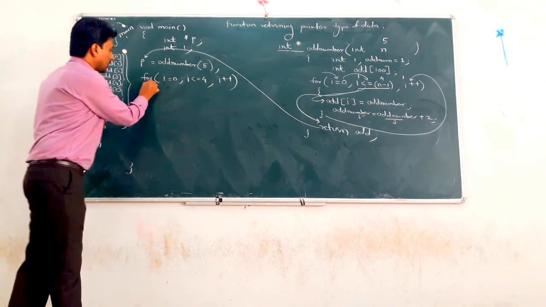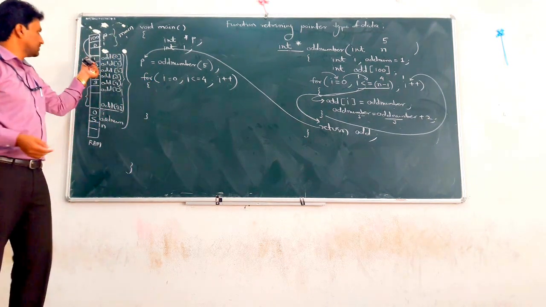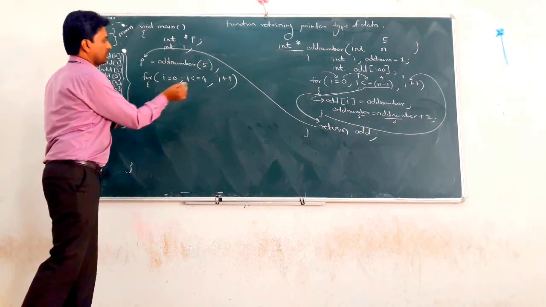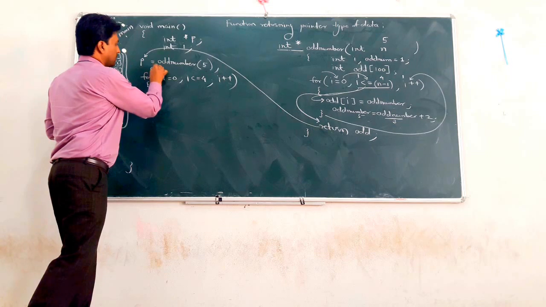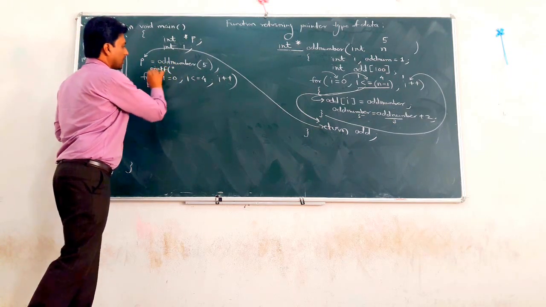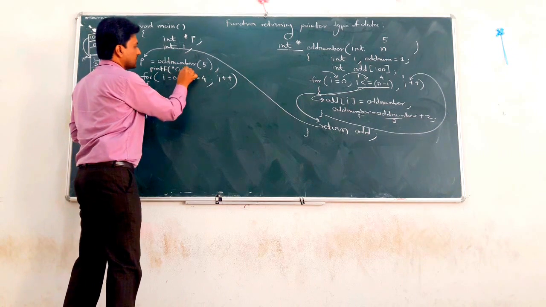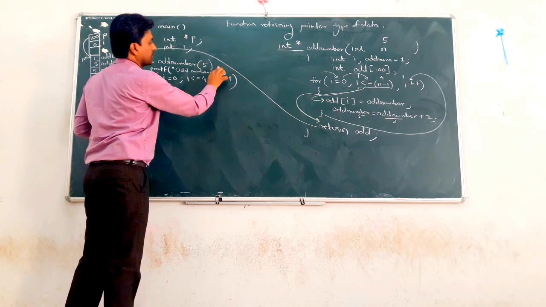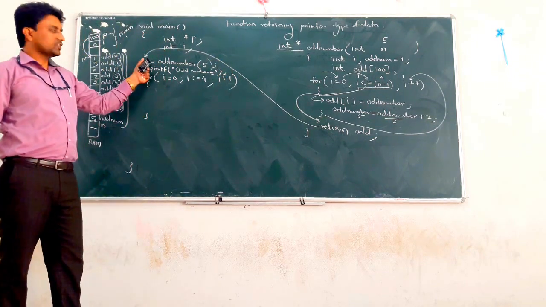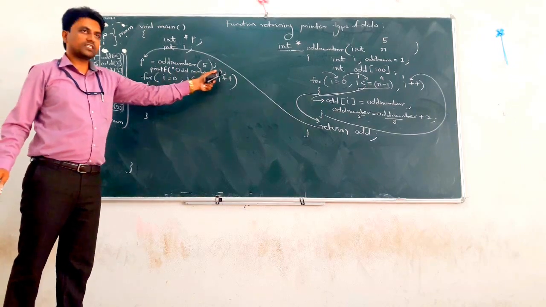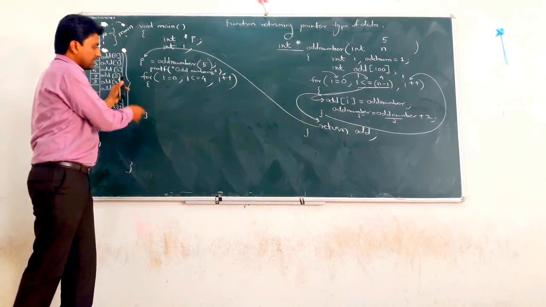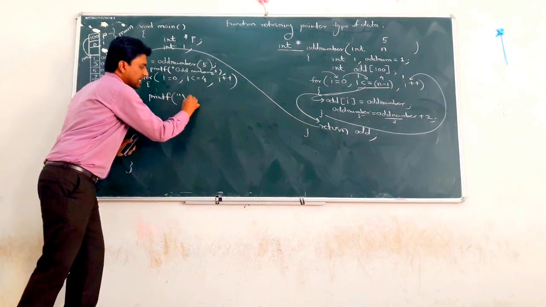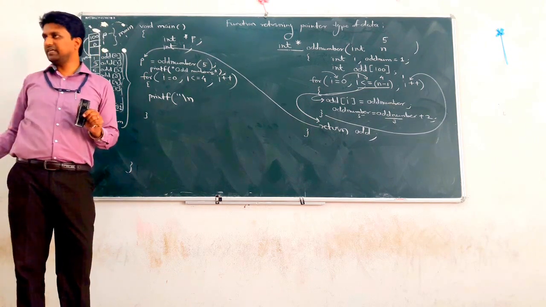Clear? Now, how to retrieve this value? For that, we want to print it. For example, above the for loop, we can write a message, printf of "odd numbers is equal to" in double quotes, complete with a semicolon. This is a function call. In that we can display all the odd numbers. For that, printf with \n, that is next line, so each number gets displayed.